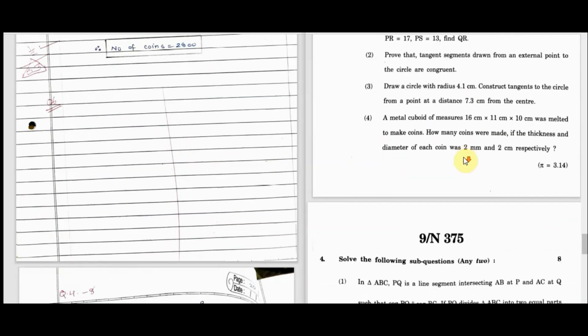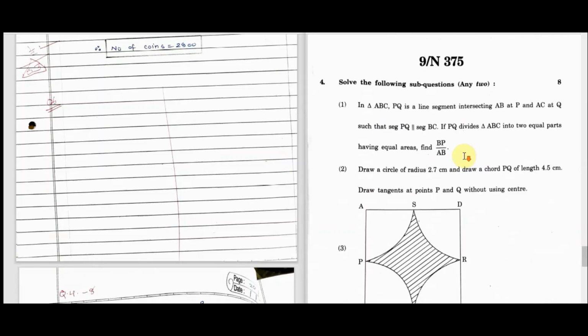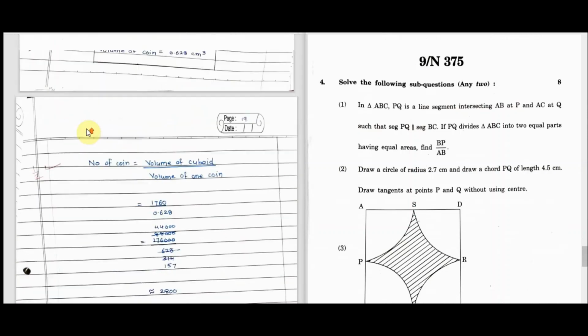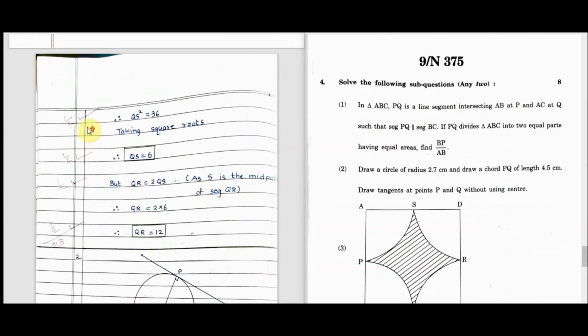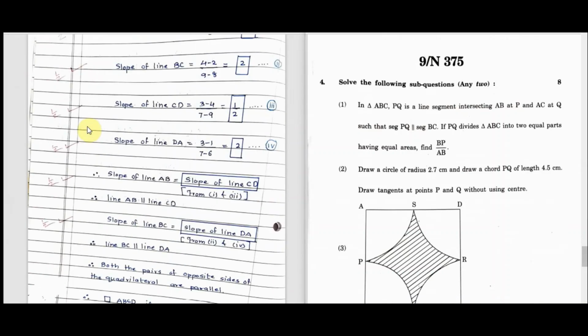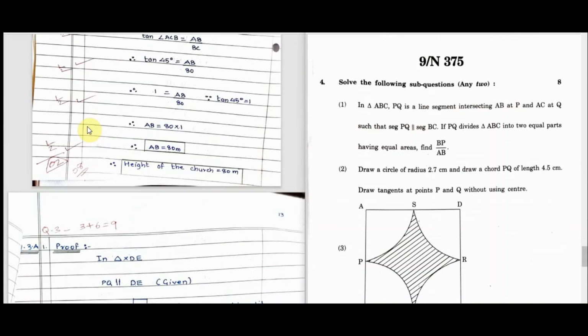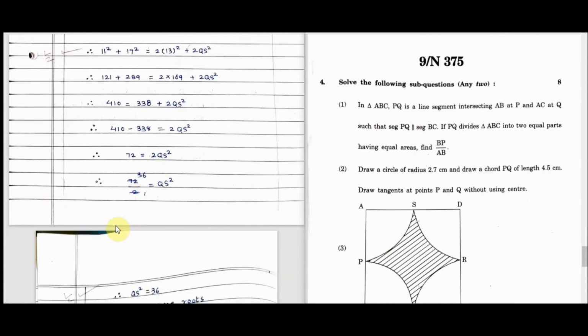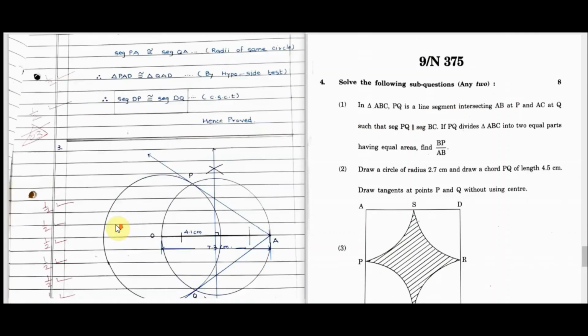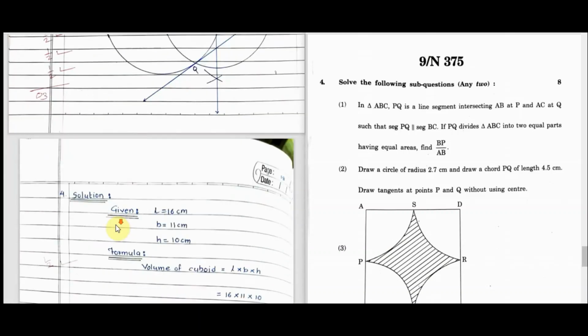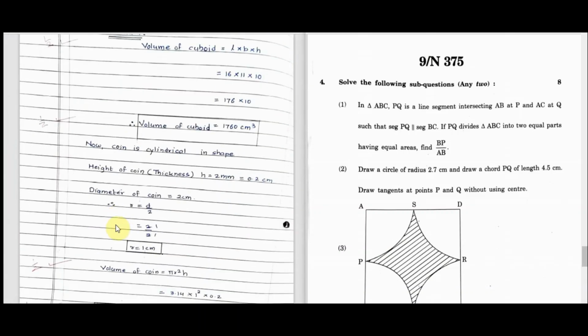Now let's come back to question number 4. See here, question number 4, any two questions you have to solve. Now question number 3, it is 6 marks here, and then I'll show you how the marking scheme is there. 6 plus 3, 9 marks. Okay, 3 marks for activity and 6 marks for the two questions, so 9 marks. Now let's come back to question number 4. Now question number 4 is a single question.